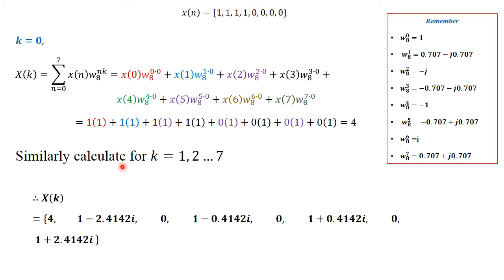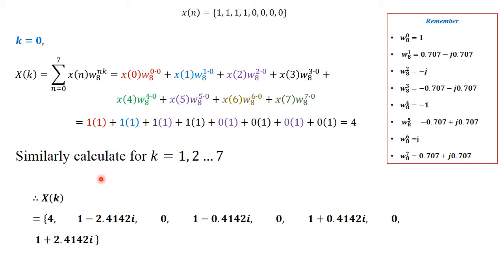Similarly, we need to continue this calculation for k is equal to 1 up to 7. So we need to have the values of this twiddle factor. It is quite difficult to remember since there are a total of 8 values. If you can remember, it will always be good, so a part of the calculation we are going to reduce. It is not required to show how we got this value while calculating the DFT. Just substitution of these values in the solution is what we require.